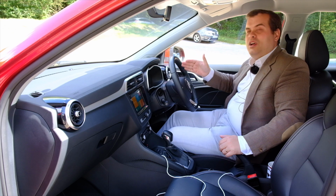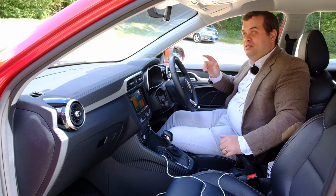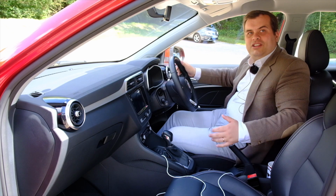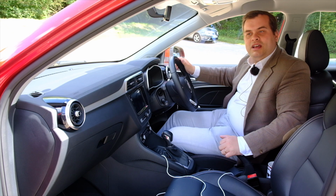The only thing that you don't get in this car, and it's the same as an MG3, is a temperature gauge, but you do get two warning lights, one hot and one cold, and these days I think that is probably sufficient. In terms of visibility, the rear window is a little bit on the small side,